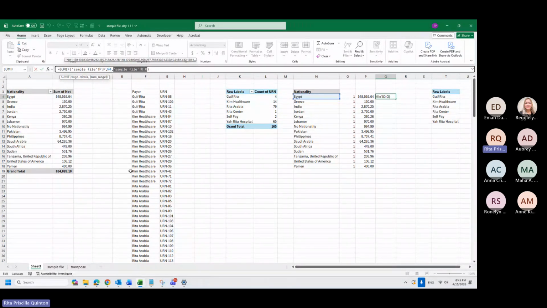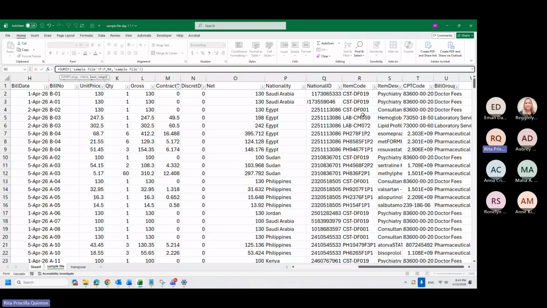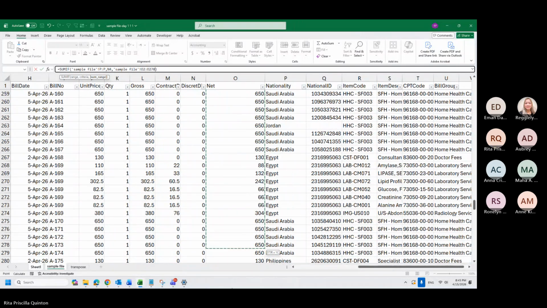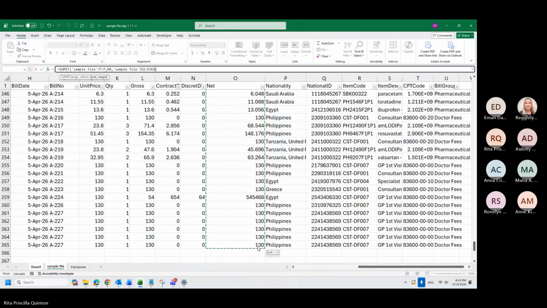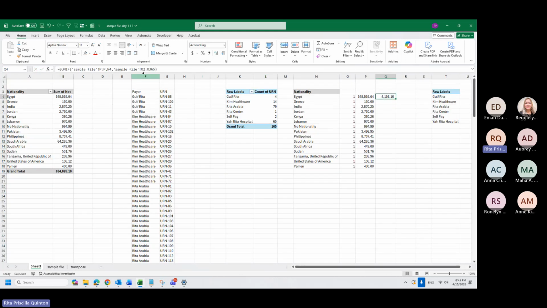Okay. In my first year of using Excel, I faced an issue on this one because my boss gave me a sum if, but in the sample file she only put, for example, O2 to O365. She said, this is the one I want to add. So she put O2 to O365. Okay.